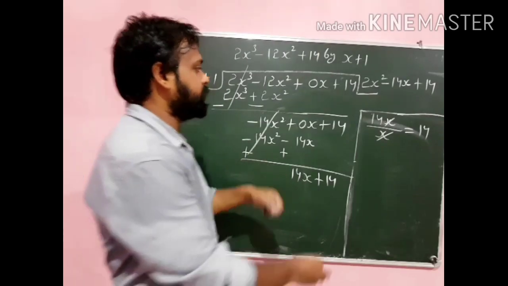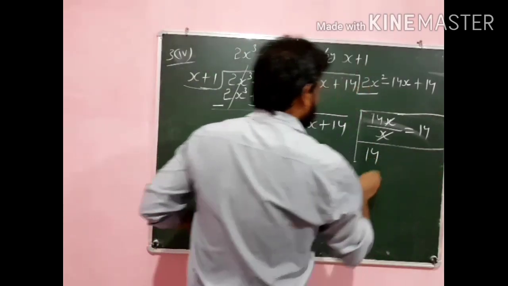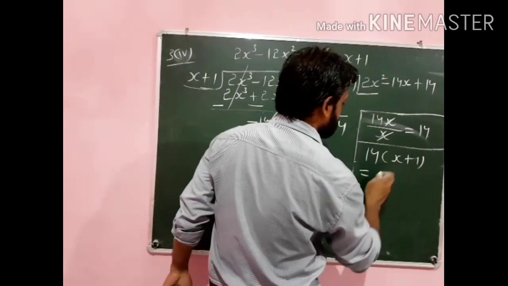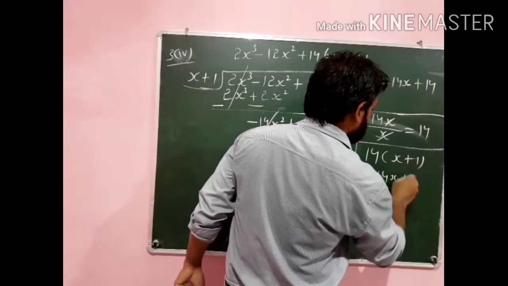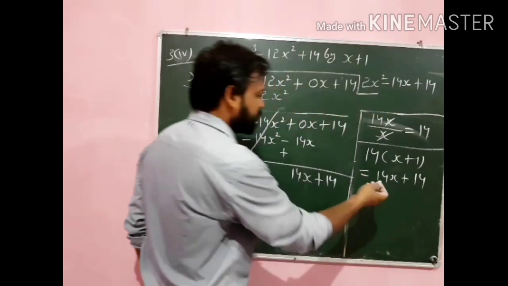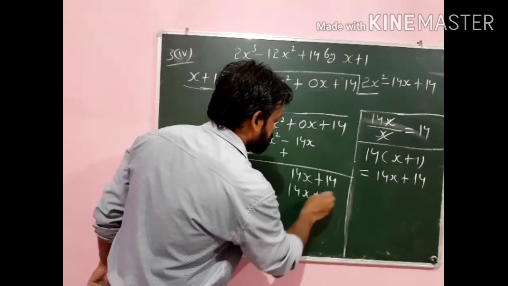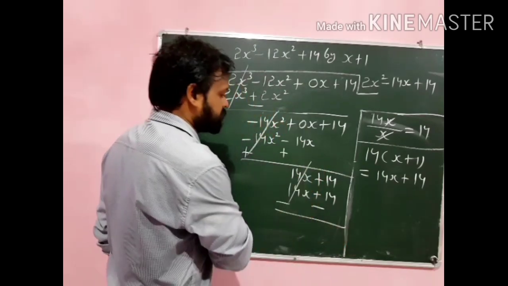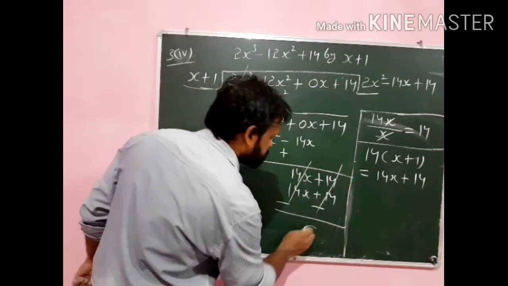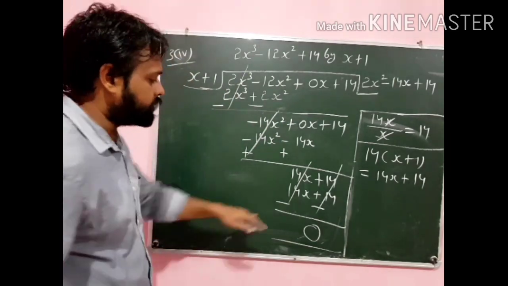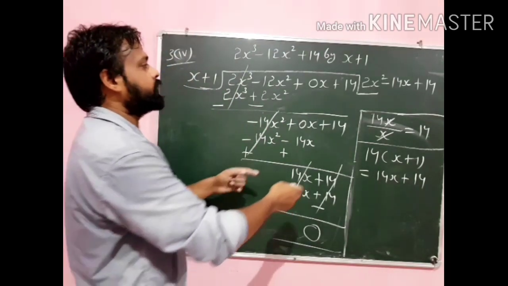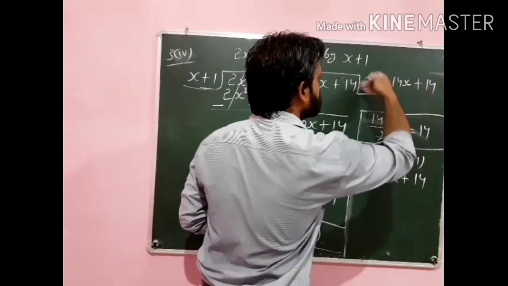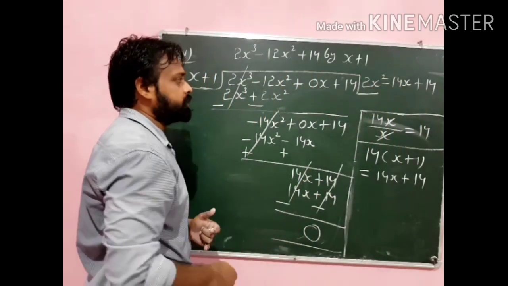That is, we have to multiply this 14 with this divisor, x plus 1. So multiply 14 into x is 14x, plus 14 once is 14. So we got 14x plus 14. So write down here and now change the sign. You can see this is also opposite sign, this is also opposite sign. So we got 0. 0 is the remainder. In this case we got this quotient. Write down separately, the quotient is this and the remainder is 0.